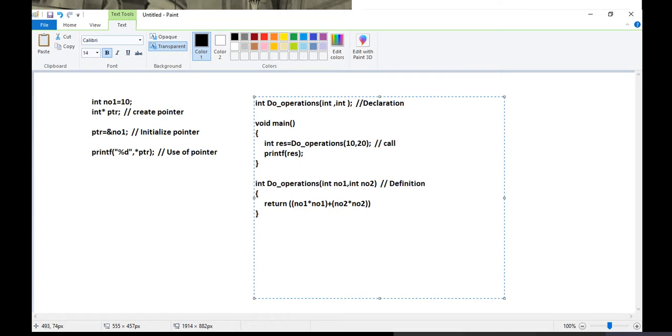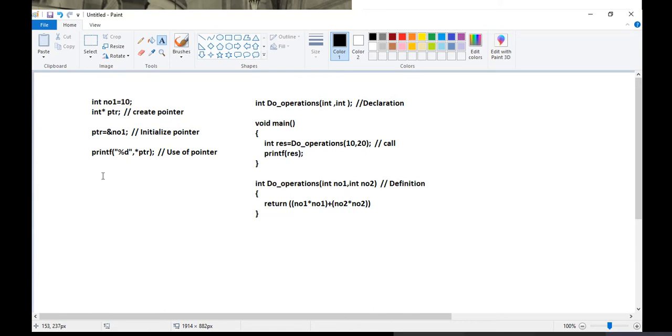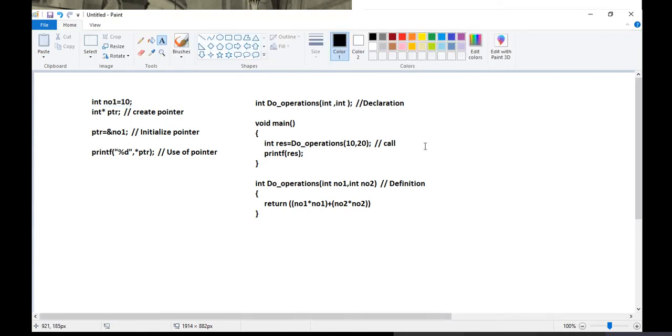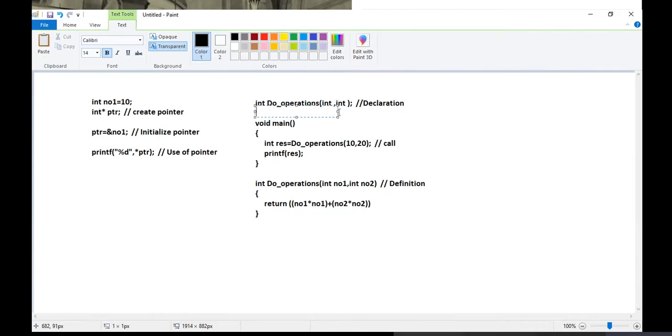Now let's prepare a pointer for this. On the left-hand side, think about how we created a pointer for a variable. What is important for a variable? Its data type, and on the basis of the data type, we prepared a pointer. Now, what is important for a function? Two things: return type and signature. So let's create a function pointer for this.